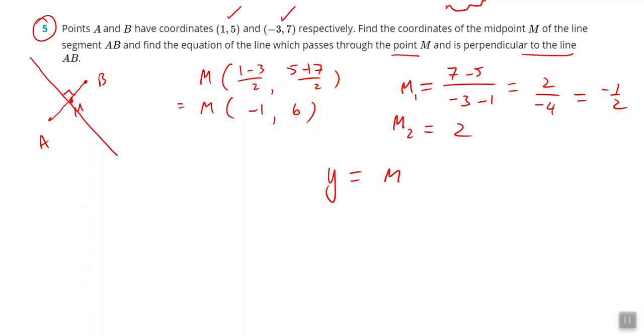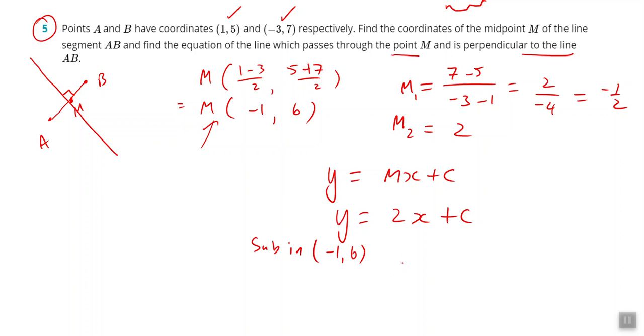y equals mx plus c. I know my perpendicular gradient's 2, so all I need to do is sub in a point. Now, what point do we actually know? I know that my perpendicular line will pass through the midpoint, which we already found. So sub in